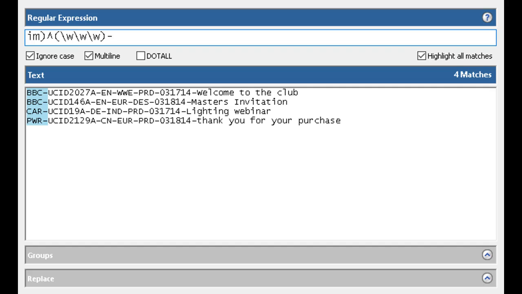So back into here, I have a dash, and then I'm going to grab this next part again, UCID. I'm going to put my parens back in just so I can see what I'm doing here, and then it looks like there's digits. Here, 1, 2, 3, and before I always had 4. I'm going to go back and fix this later, followed by an A, and then a dash, and then it looks like 2 letters. So let's put our parens in again, and I'm going to say 2 letters, so \w